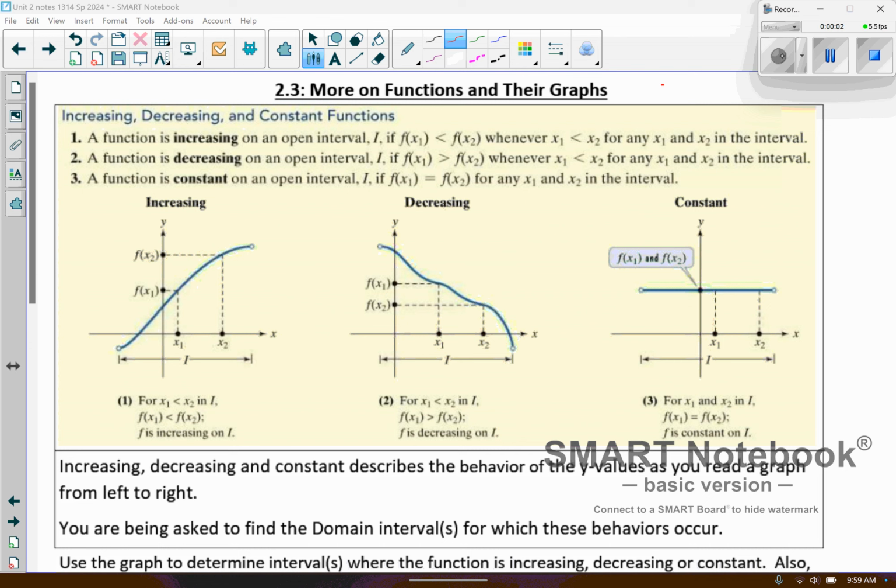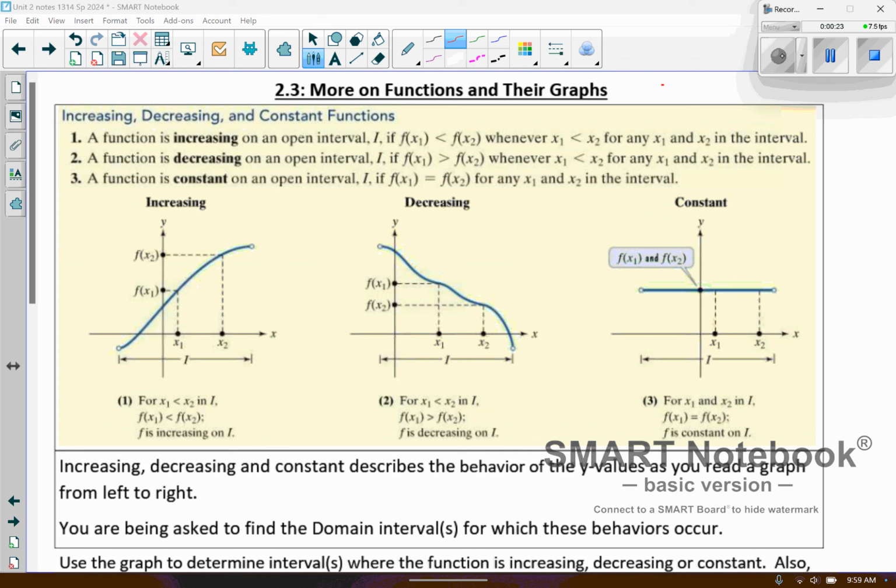All right, so 2.3, more on functions and their graphs. So we're just kind of continuing on. And so we're going to look at increasing, decreasing, and constant functions. And so this first part's going to be pretty technical. And so I'll talk about it, but then I'll also try to just kind of break it down into simple